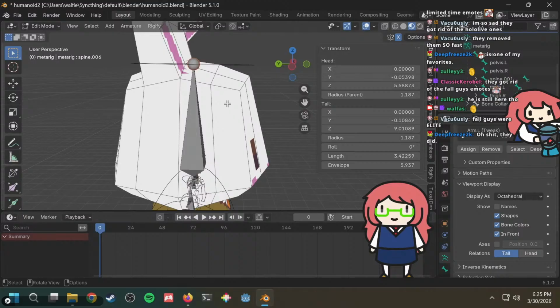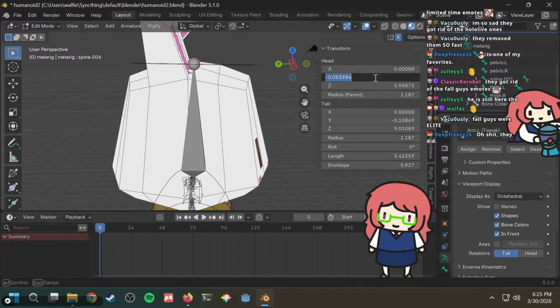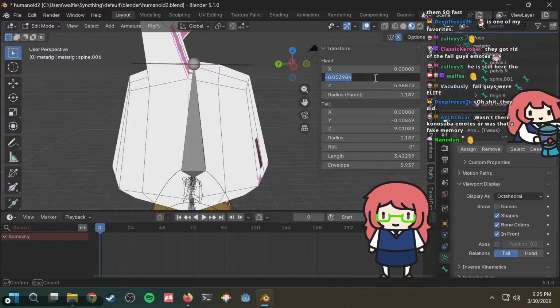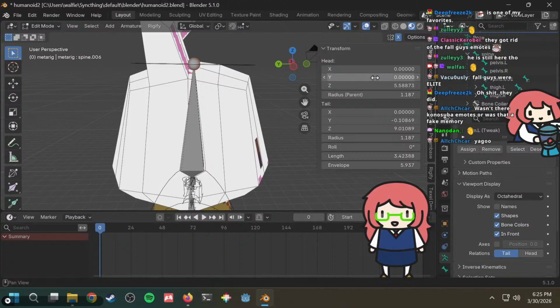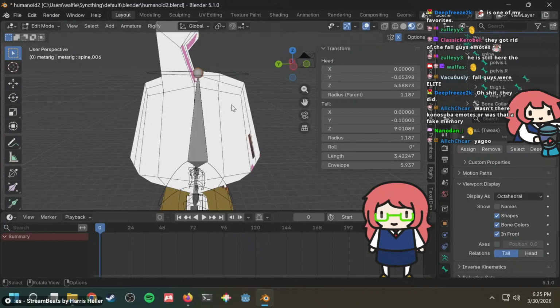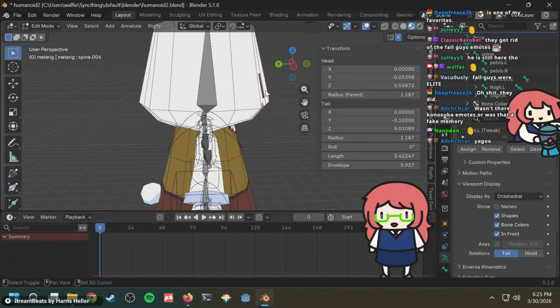You guys remember that one? Got rid of some other one. Wasn't there Konosuba emotes? I don't remember that existing. I don't think that's real. Is that real? Surely not.